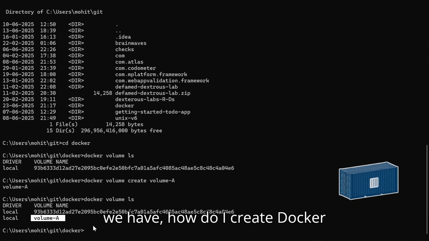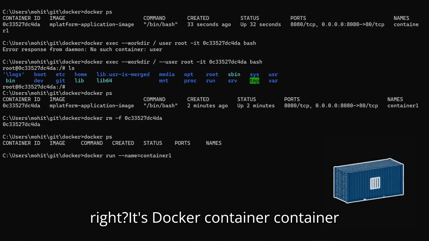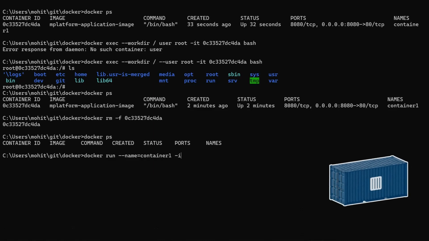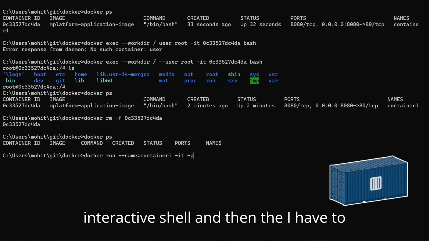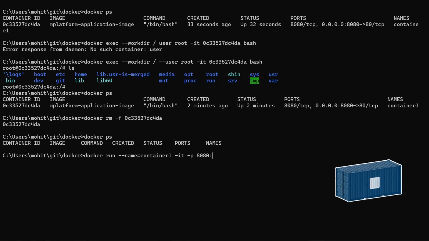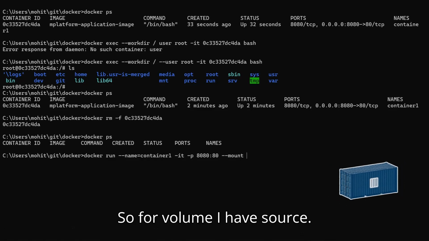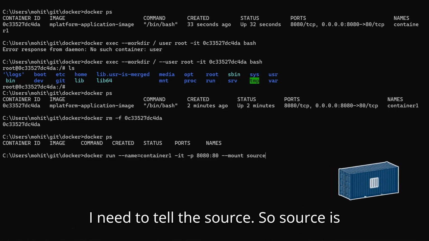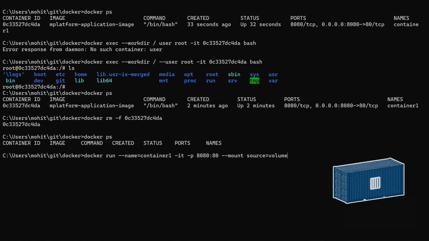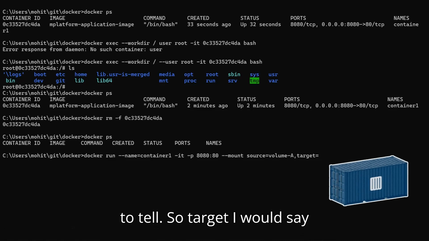So how do I create Docker containers? Again, it's docker container run, container one. And then I need to tell it the interactive shell, and then I have to publish the port 8080. Then I need to mount a volume to it. So for the volume I have source. I need to tell the source. So source is the volume which I had created, right? And then I have to tell the target. So target, I would say